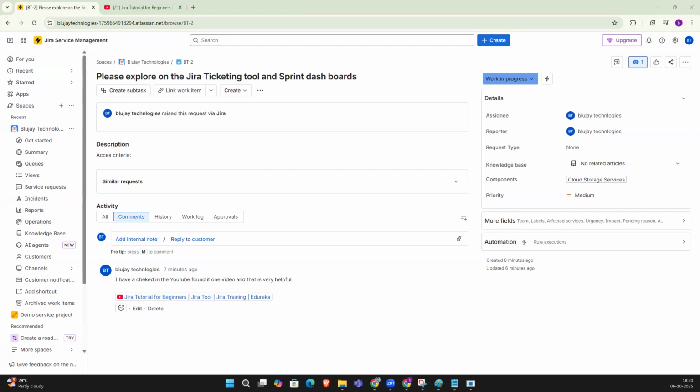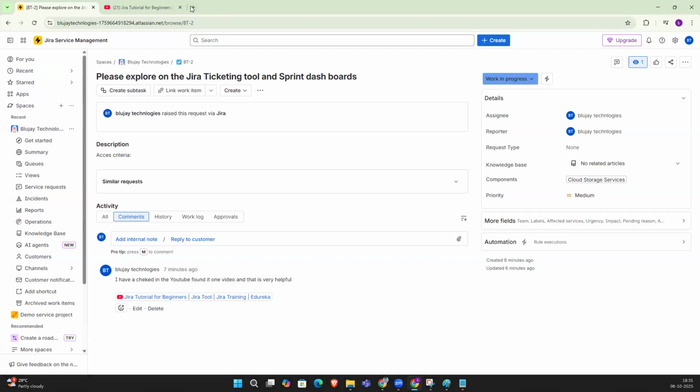Jira is very simple, guys. You can really understand it. When we join the company, you will get the tickets and everything. They will create them and give you access, and you need to know about